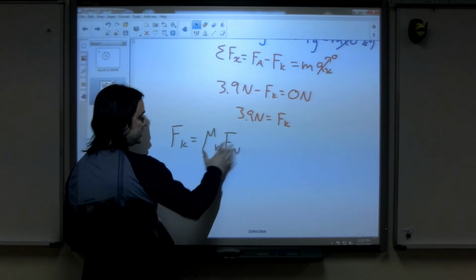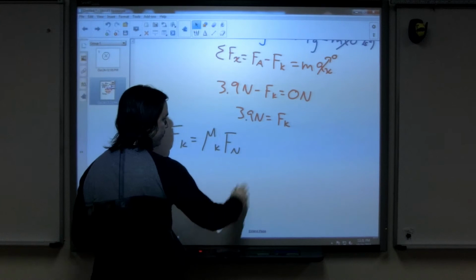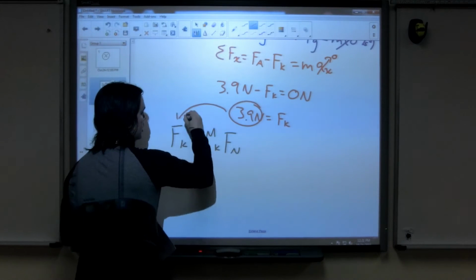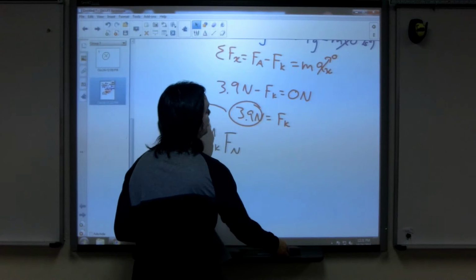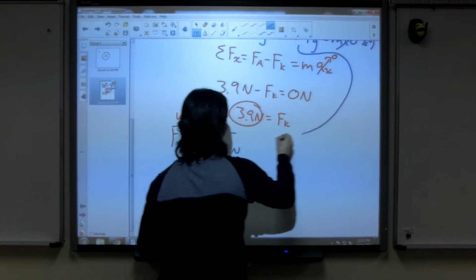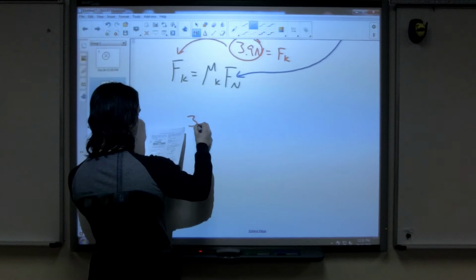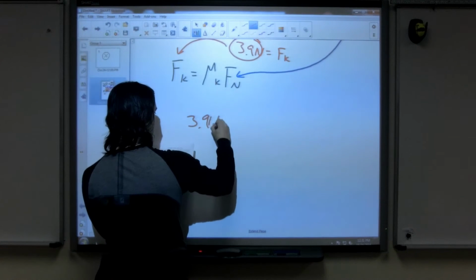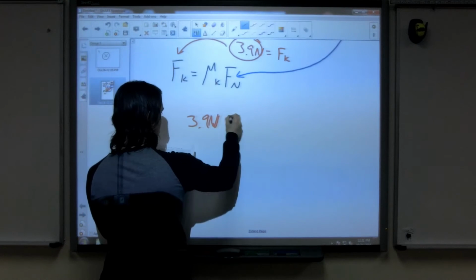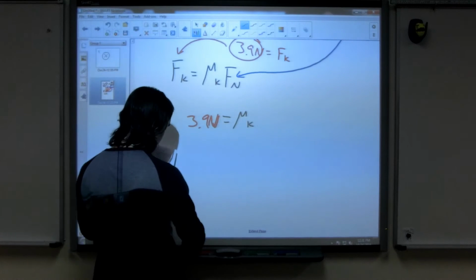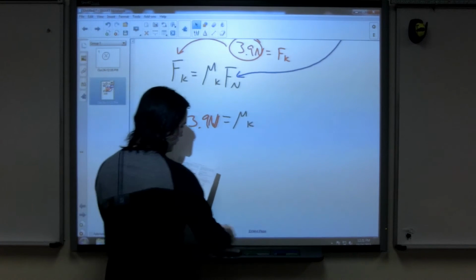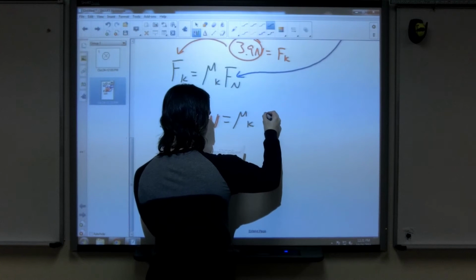Well, now this is the equation that we'll be using. We have the force of friction, and we have the normal force, so we can simply plug these in. We've got 3.9 newtons equals my coefficient of kinetic friction, technically, but it's the coefficient of friction, times my normal force,